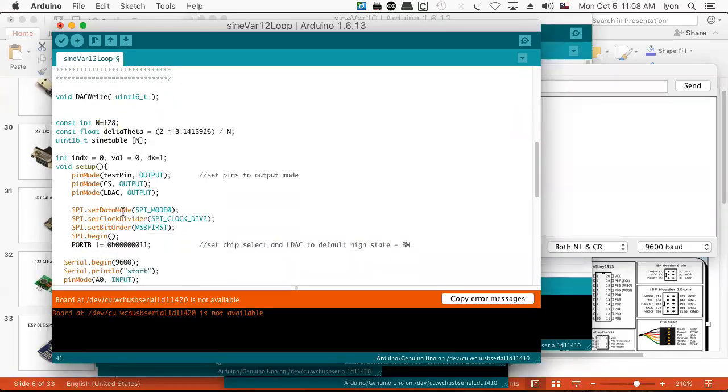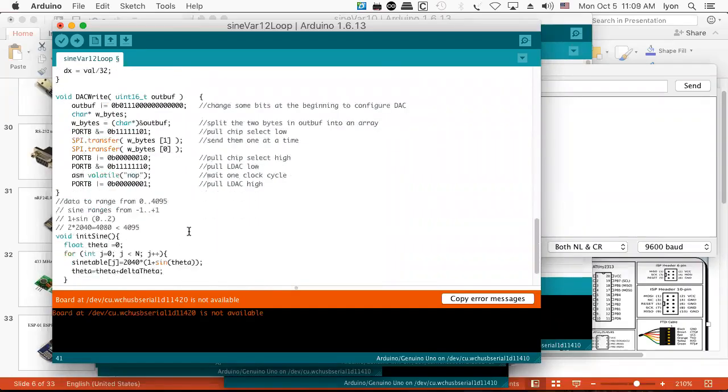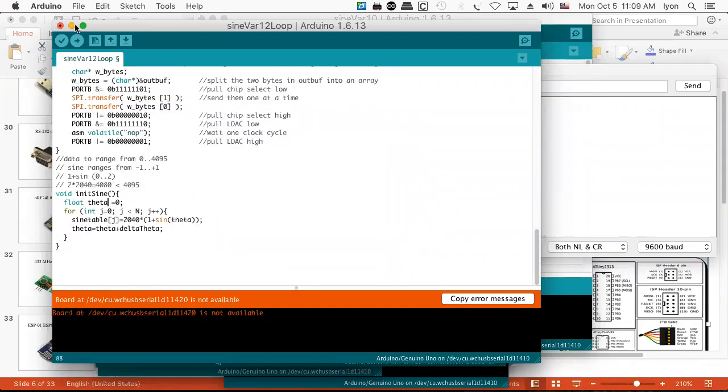And in fact, if you wanted to, I'll get a calculator and I'll do this, all right? So 2 times 3.14 divided by 128 gives me 0.049 radians. If I divide that by 3.14 and then multiply by 180, I get it in degrees, and it's a 2.8 degree increment. So it's a pretty small increment, but not infinitesimal. It's not really epsilon. Anyway, we go through and we create that sine wave, upload the whole thing to our little Arduino,